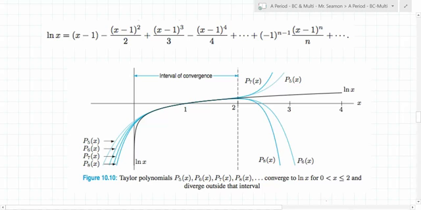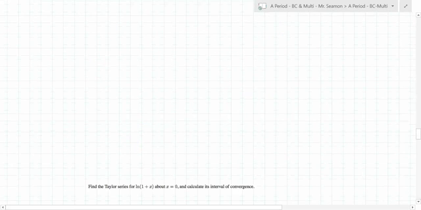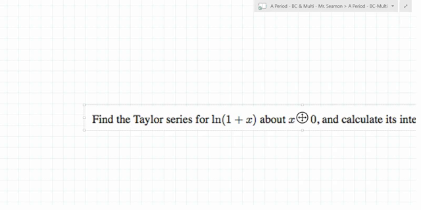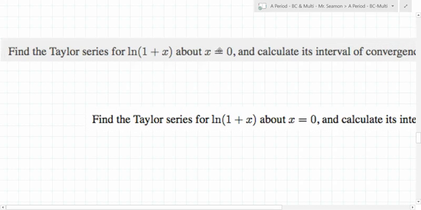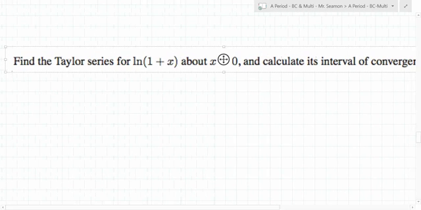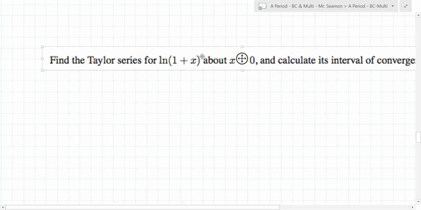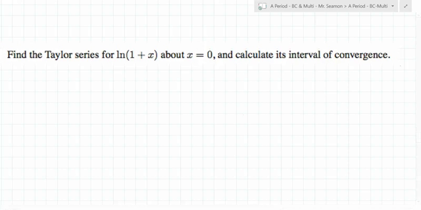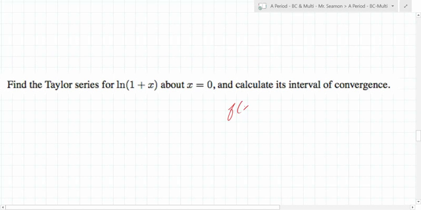Let's look at another one. What about this one right here? What's the only thing that changed right here? Do you have a question, Henry? Yeah, why is the Taylor, if the... So we have f of x is equal to ln of 1 plus